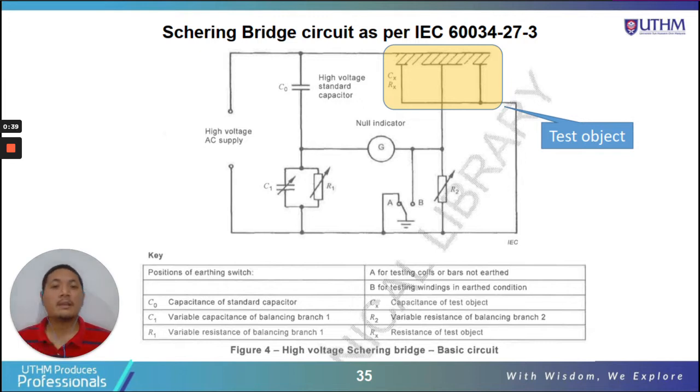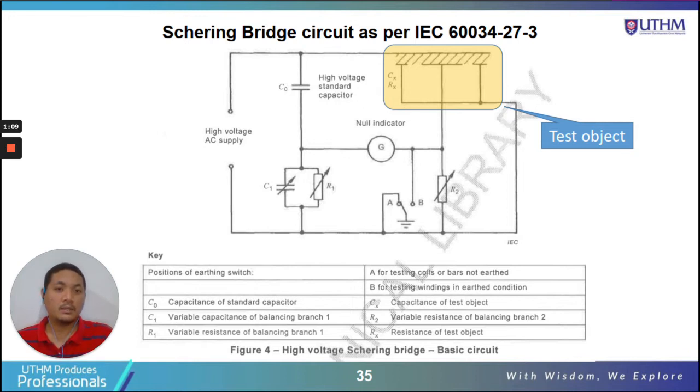Okay, so we use the standard. The standard provides the basic circuit for the Schering bridge. As you can see here, we have a high voltage AC supply. This is the voltage supply, the voltage that needs to be applied across the insulation material, the